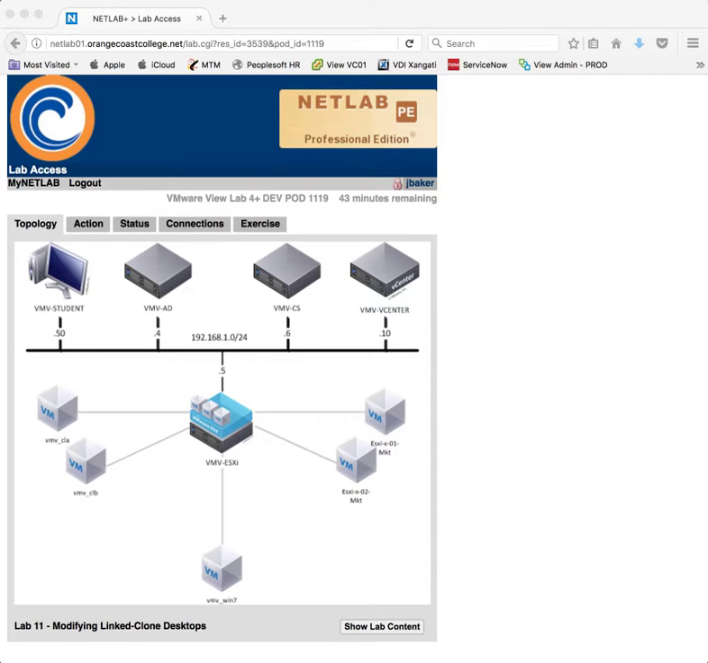Lab 11, modifying linked clone desktops. All right, so in this lab, we are going to do a recompose operation. We're going to install some software on the gold image, and then we're going to recompose. So if you are moving from lab to lab, you may have some of the steps already completed as far